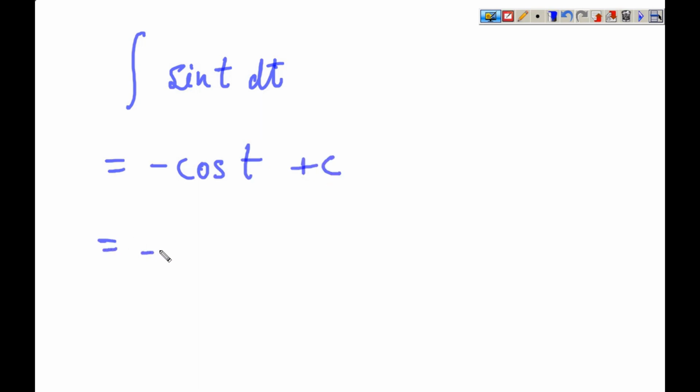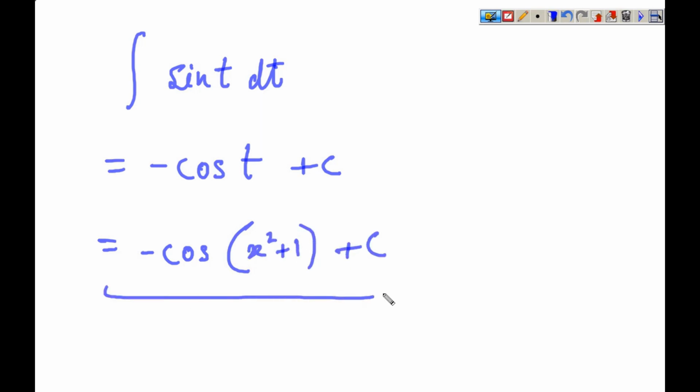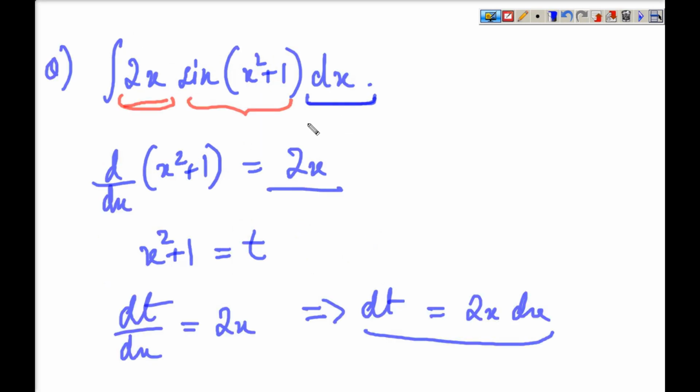That means we have minus cos of x squared plus 1 plus c. So this is how we can simplify a complex problem by just substituting